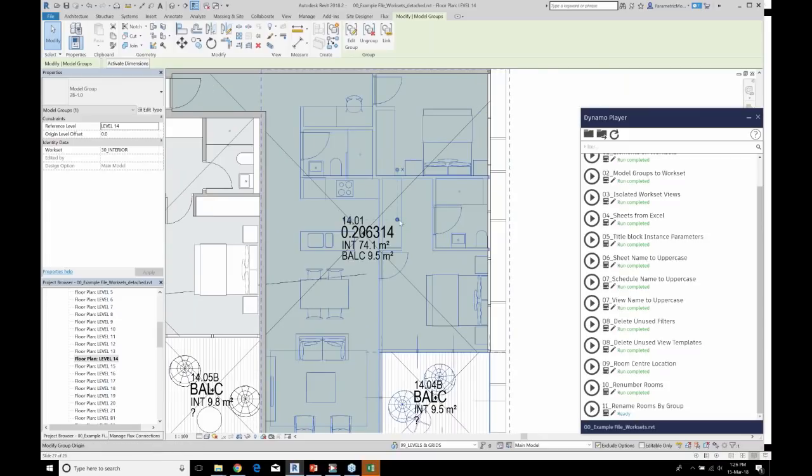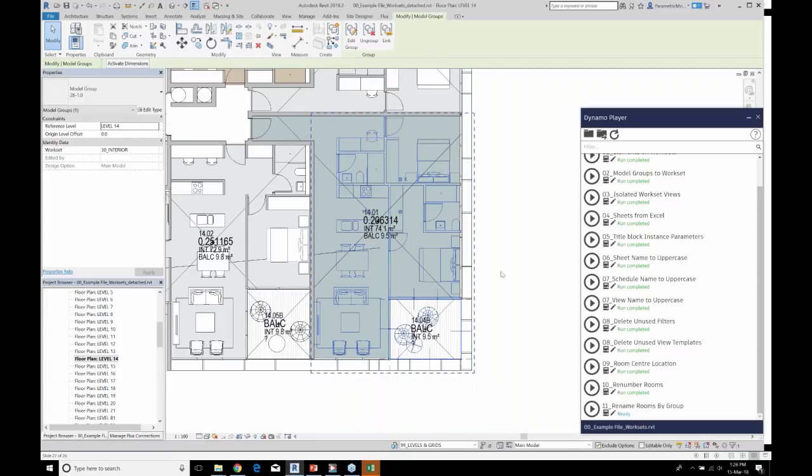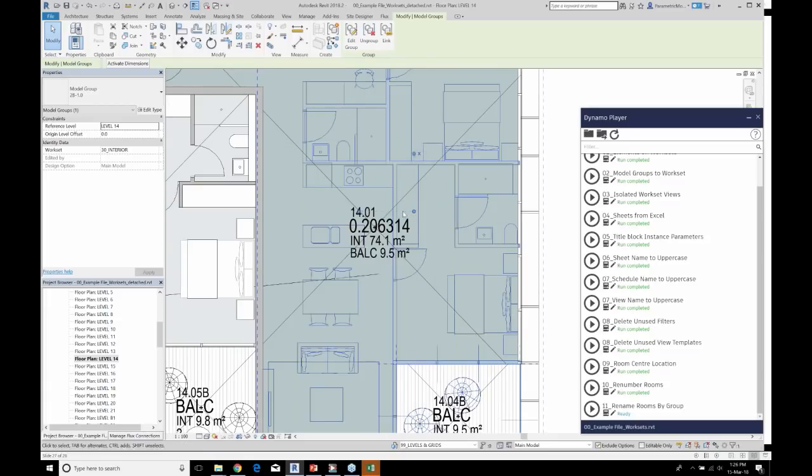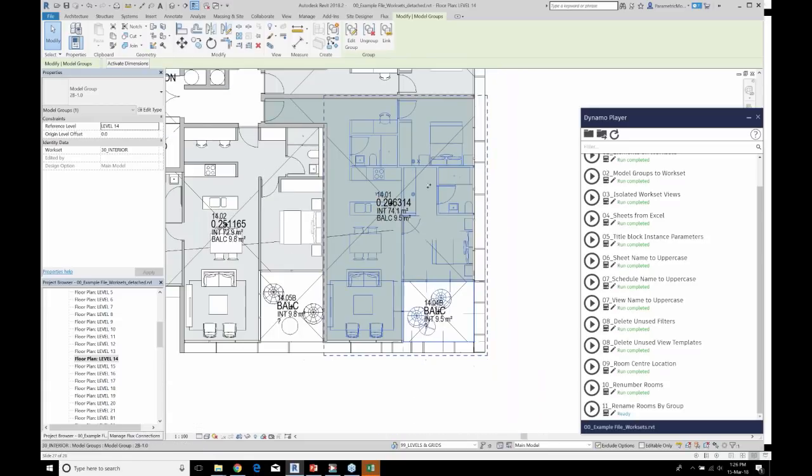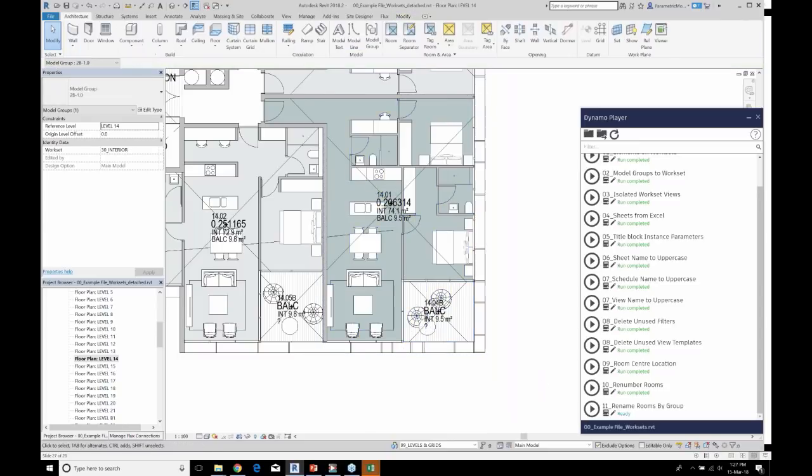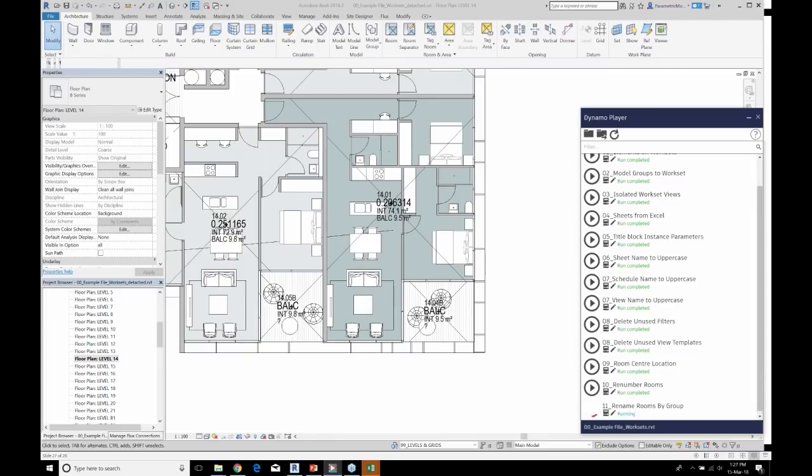It's going to see where the insertion point is. So if you've grouped it and the insertion point is out here, it might be renaming the adjacent room and not the one that you need. So we need to make sure that that is at least within the model group. And then it's going to match it up with the room that it's in and modify the occupancy parameter. So let's run that and see how it goes.